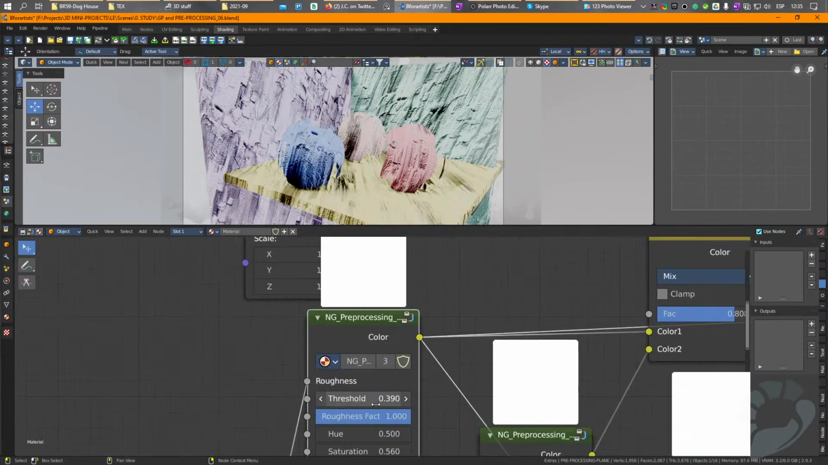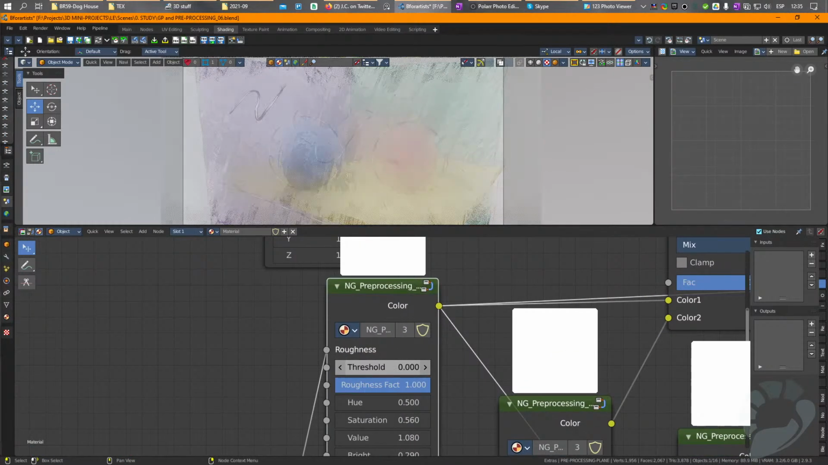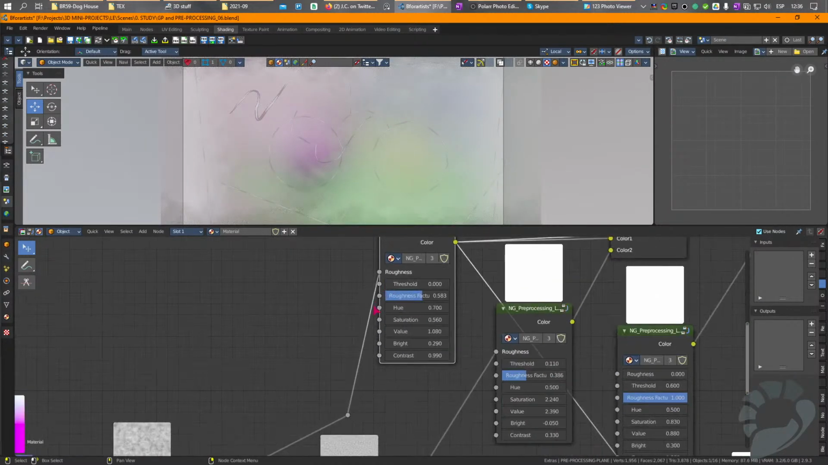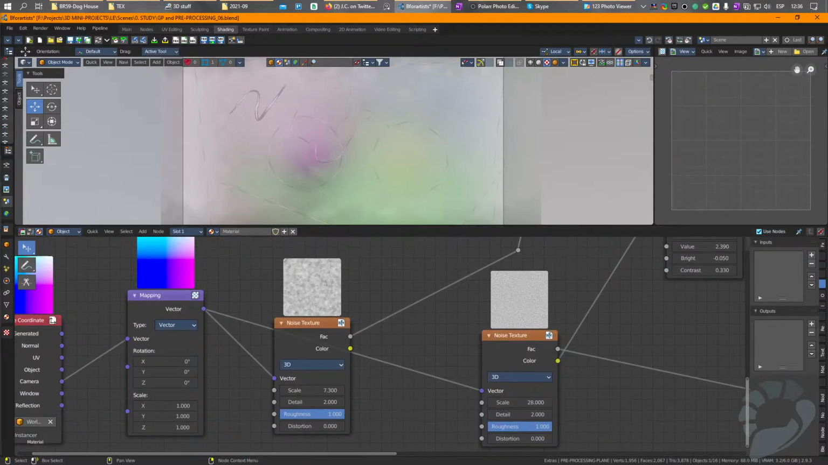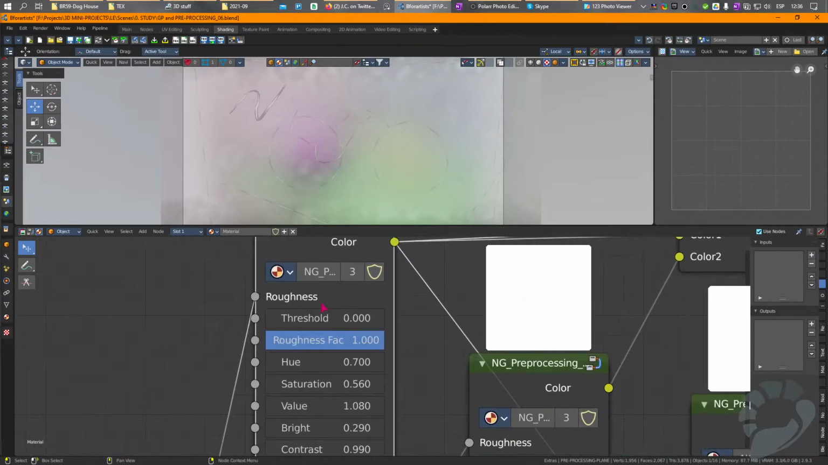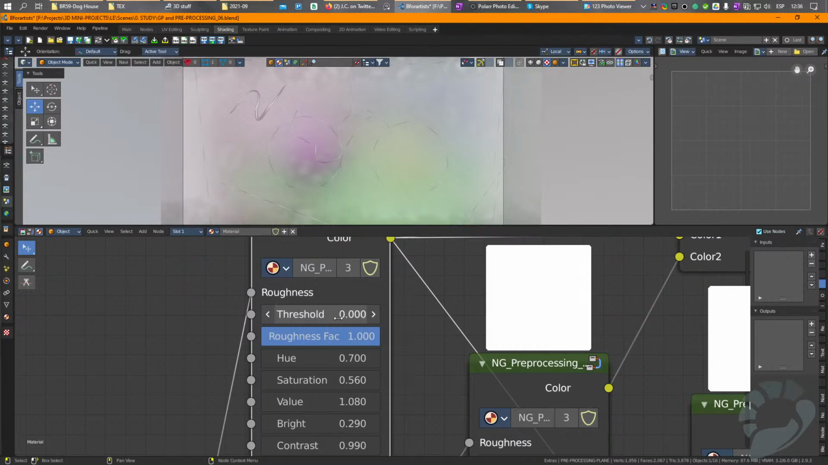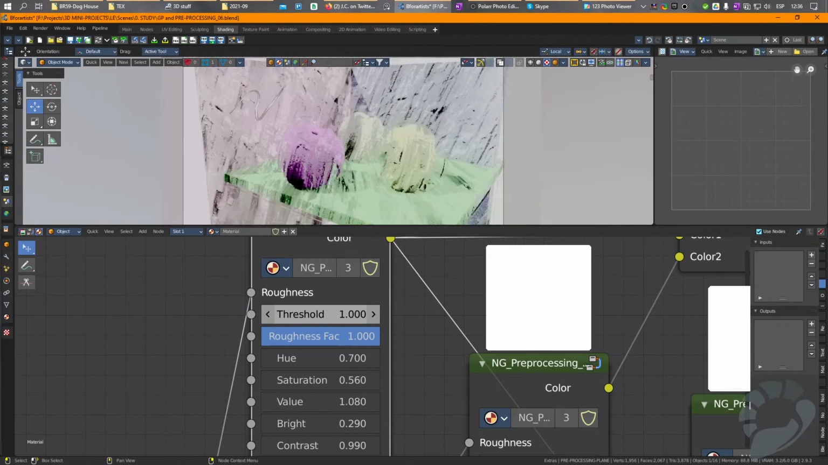Alright, so now I have a threshold. Okay, so that's the roughness factor. I've got a lot of roughness on everything. I can change the hue. I can drop the roughness based on a texture that I have here, which I can scale, make bigger or smaller, and I can use it to drive the roughness of that refraction. So I can add a texture, and then using my threshold, at 0,